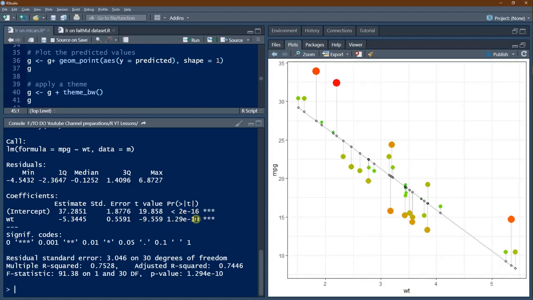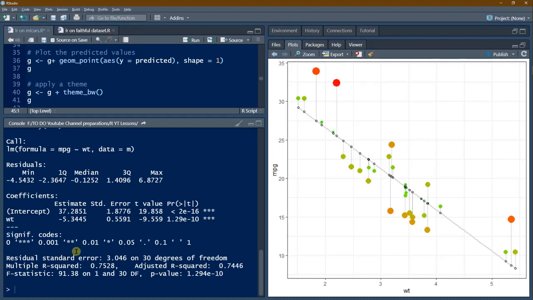Here also it's a very low p-value, less than 0.05 in any case. That means these are highly significant. That means this relationship is to be accepted. So we reject a null hypothesis that says there is no relation between x and y, and we accept the alternate hypothesis, that is we have a relation and we are getting the values of these items also, that is intercept as well as the coefficient.